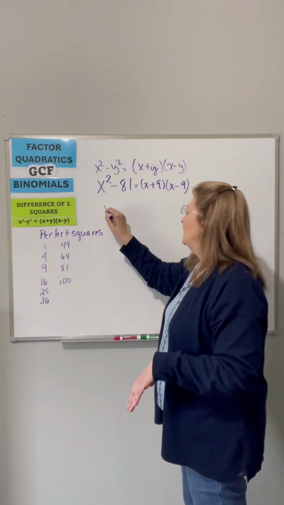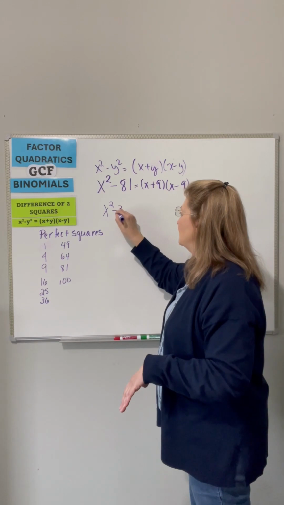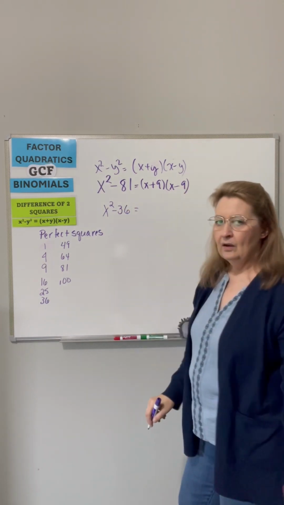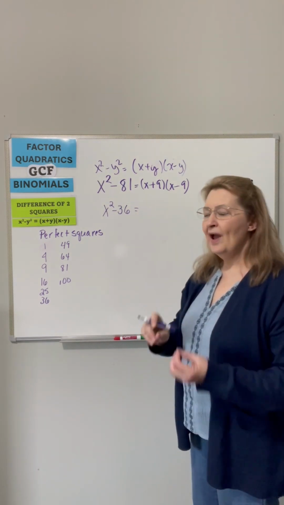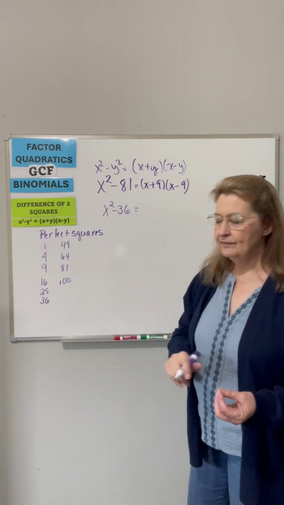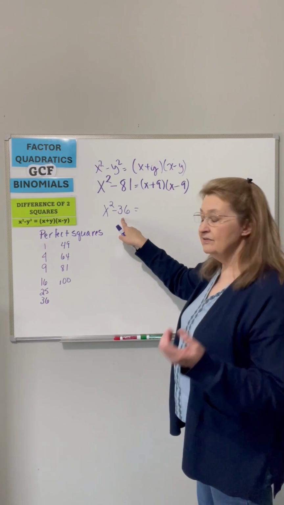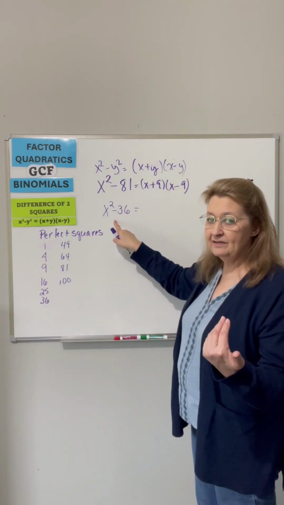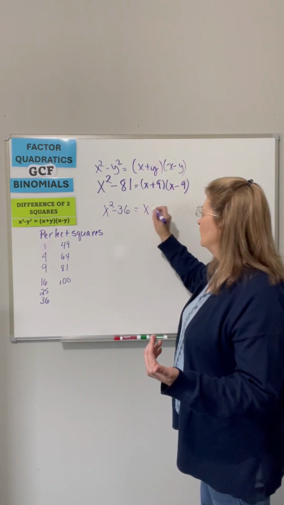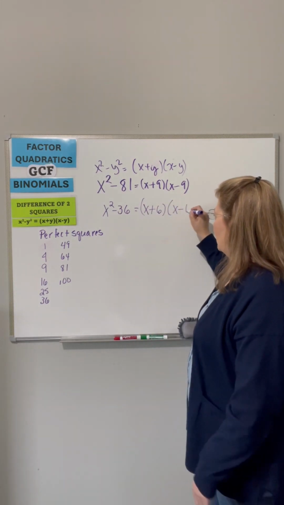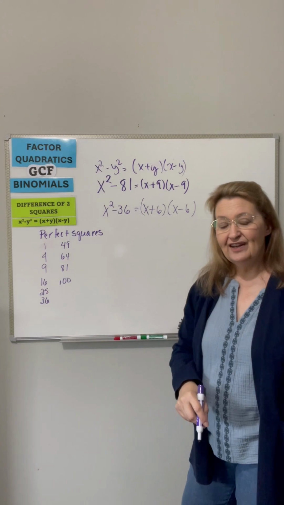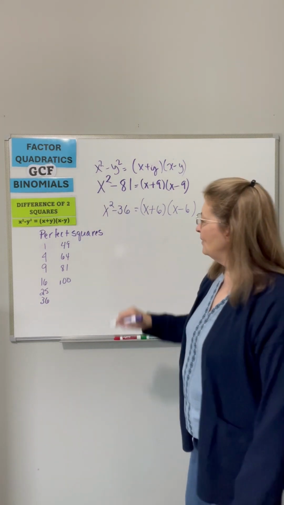Let's say x squared minus 36. What do you guess? What's your best guess? Well, do you have a difference of 2 squares? x squared and 36 are 2 perfect squares, and it is a difference. So all you need are the square roots of each thing: x plus 6, x minus 6. And that is your answer. How about